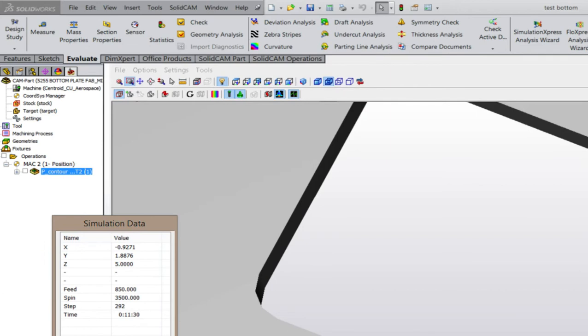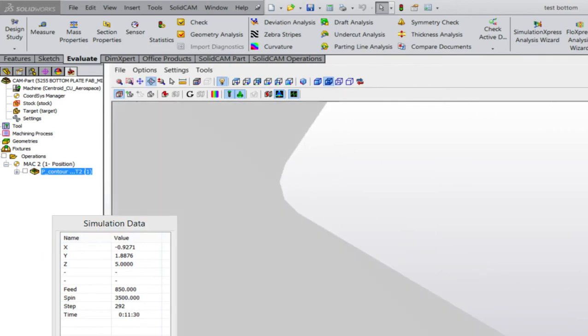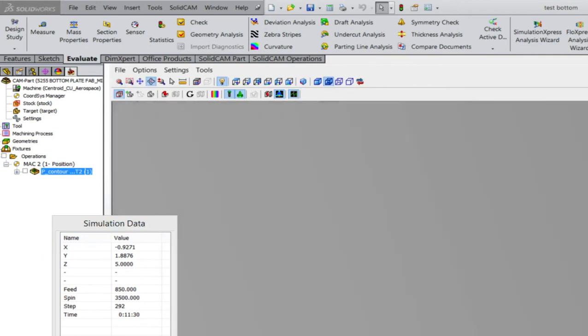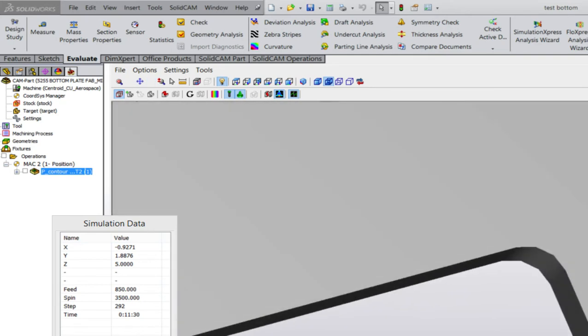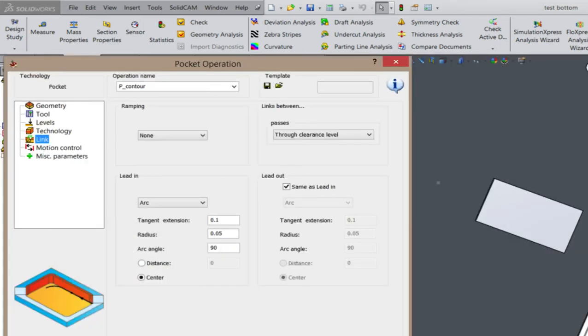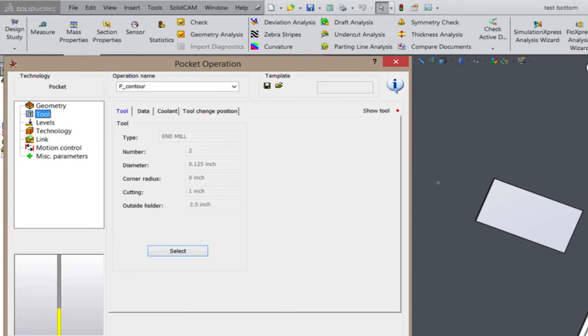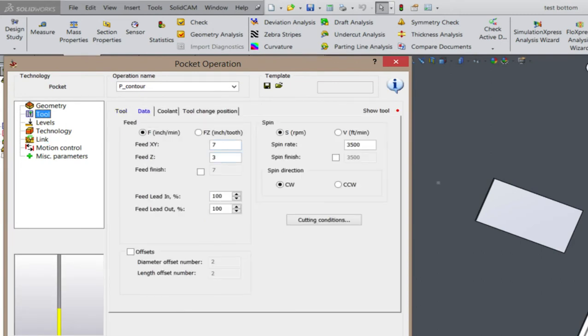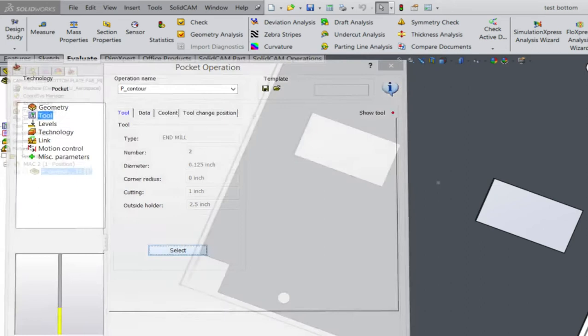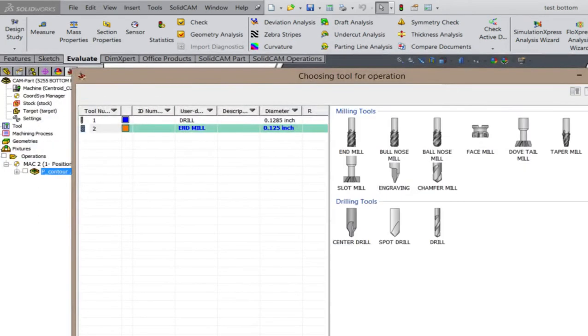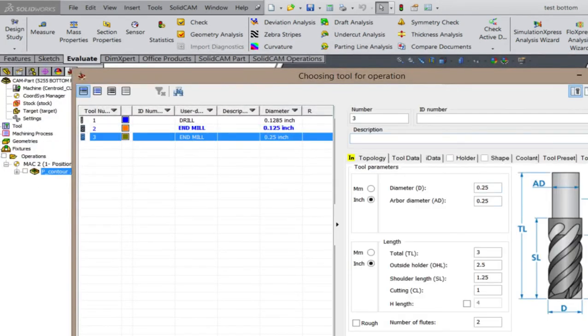Okay, also notice this from your Solid Verify. Look at the fillet that's left in the corner. That's because it's a round tool in a square hole. So you need to be careful when you select end mills. Let's go back to the tool. I could have selected a different tool, and made it a 1/2 inch end mill,